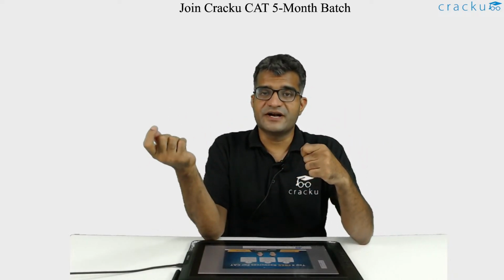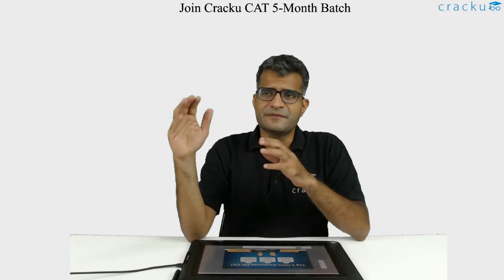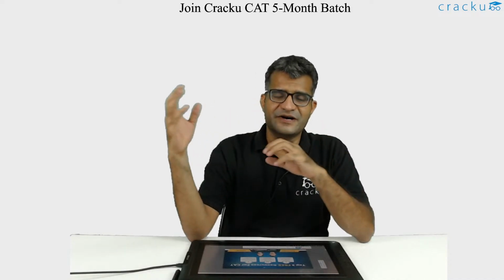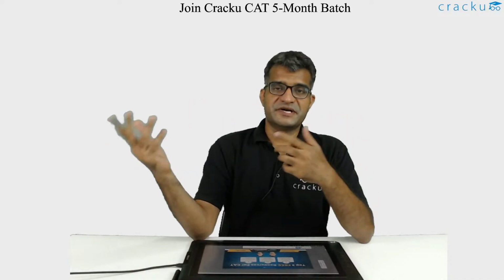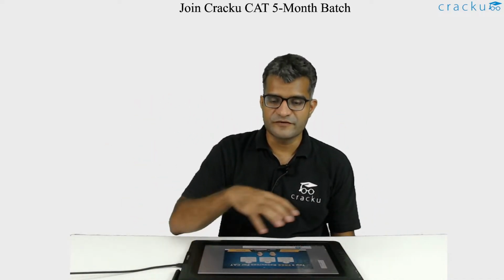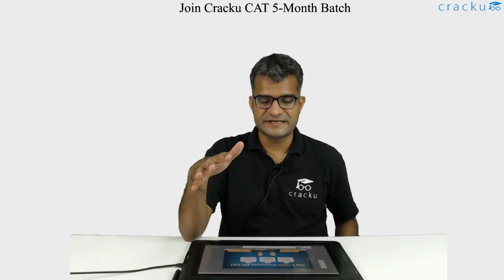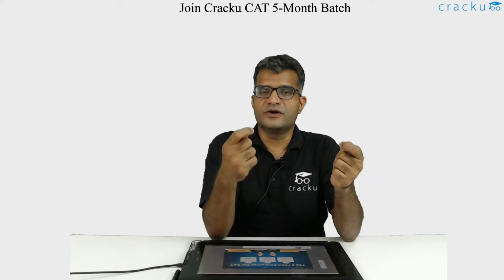There are some types of LRDIs I'm not good at. What are the types of LRDIs I myself am not good at? Those are the 2D, 3D kind of sets, where you have to picture a grid kind of thing, and somebody has to go from one station to another station. There are multiple paths that somebody can follow. There are multiple permutations and combinations. So those are the kind of sets I'm personally not very comfortable with. So when I use the first 2 to 3 minutes, I try to figure out what type of sets these are. And I also try to get a sense of whether these sets are easily solvable or not.